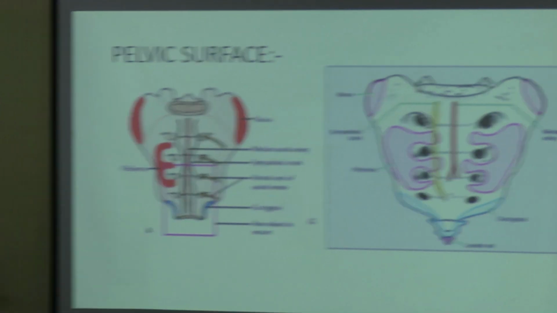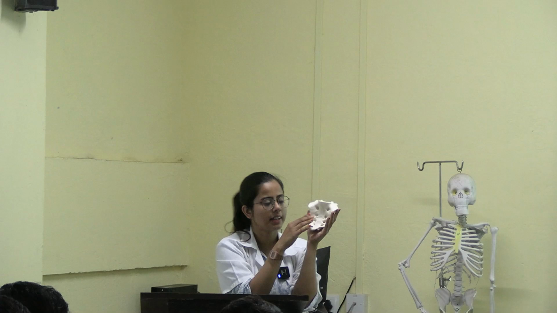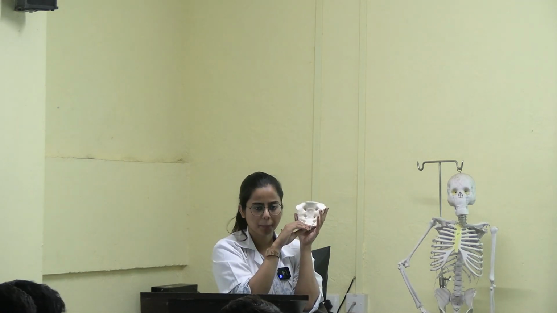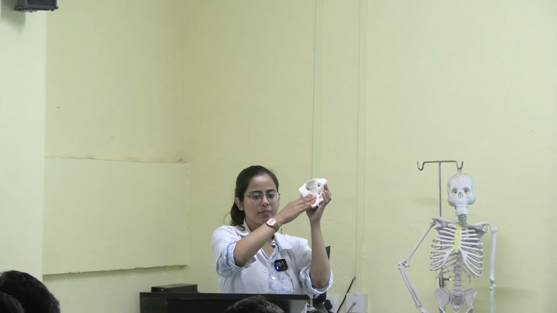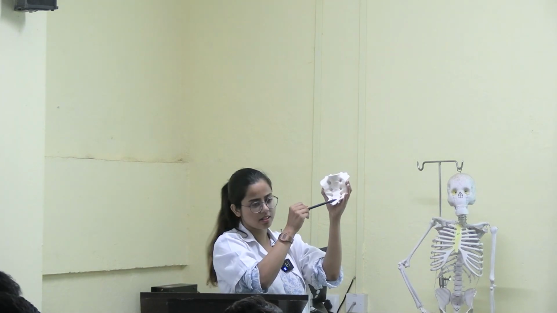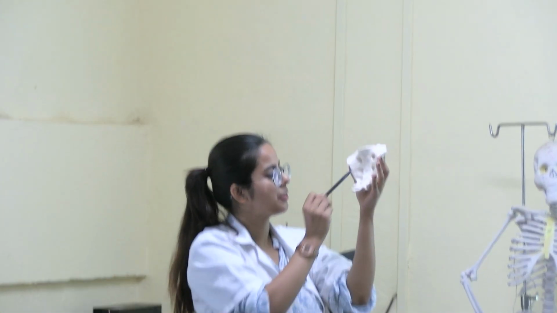Also, the upper two parts will be related to the parietal peritoneum, and the lower part is related to the rectum. The upper part is related to the peritoneum except for one part where there will be no peritoneum, which is attached to the medial limb of the sigmoid mesocolon. The lower part is related to the rectum. So medially we have the median sacral vessels, on both sides the sympathetic trunk, through it the ventral rami of the sacral nerves, and the piriformis muscle here in the form of an E.